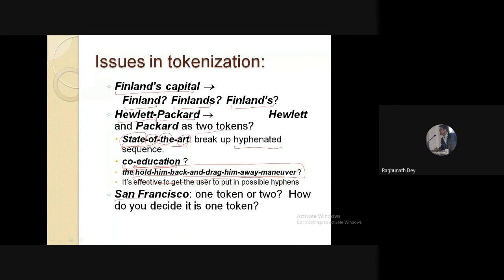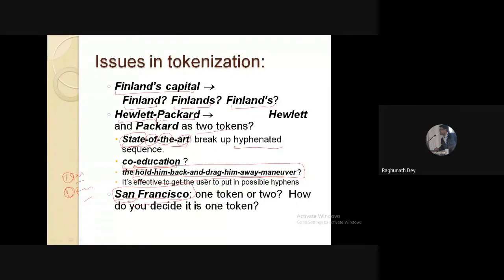Another example, San Francisco. There is no hyphen, and you can say there are two terms, two words, but if you put these two different words into the indexing system separately, one having San, another having Francisco, then the meaning is different. Whenever anybody asks, he or she will ask about San Francisco. He or she will never ask about San and Francisco separately. It's a single word and has a single meaning, a single location.